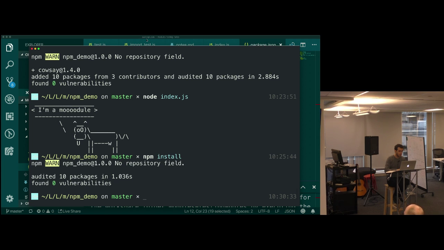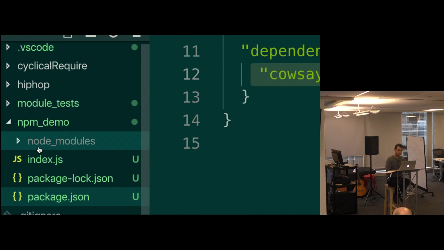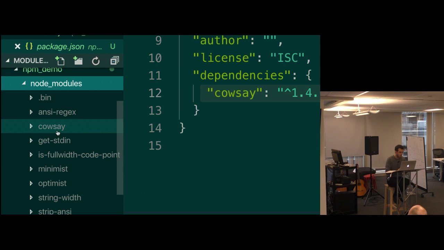And I want to show you where this stuff gets added. There's a node modules folder. If I open this up, I'll see a whole bunch of stuff which I didn't write, and among them is cowsay, right? Cowsay also depends on other things, so cowsay will bring in stuff. And those things that it brings in also depend on other things, so those things will bring in stuff. And this tree will get created. But we as developers, we don't care. We don't worry about it. We just go npm install cowsay.